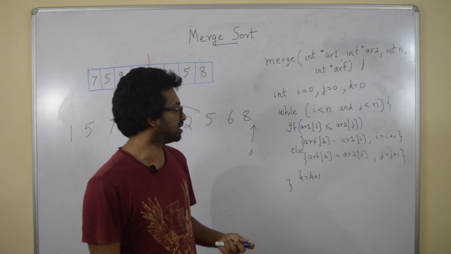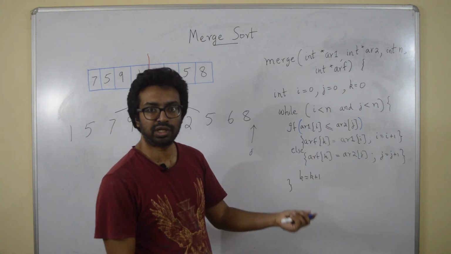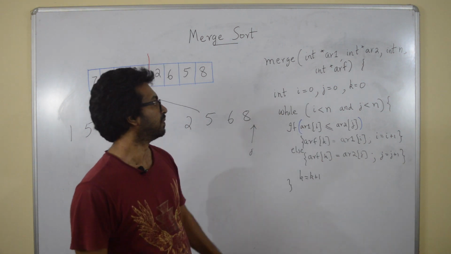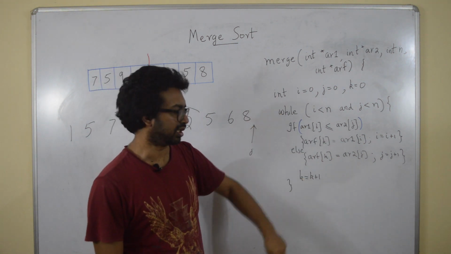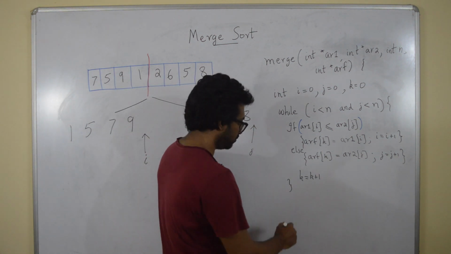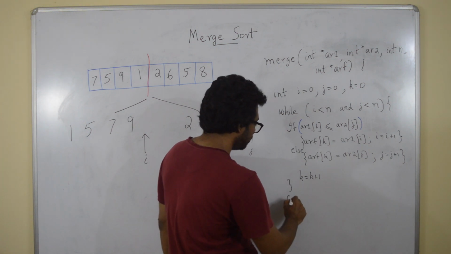So one has reached outside, which means the other has one remaining, right? So if there's one remaining which is inside, we'll have to just keep on copying that part into the array. So let's assume that i is outside. So we'll do one more while loop. So while, or let me write a for loop for